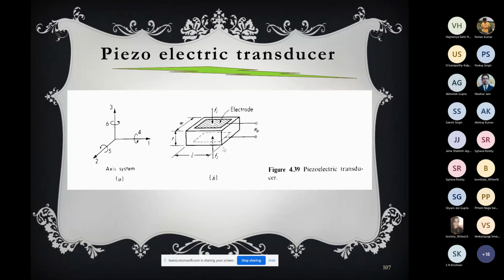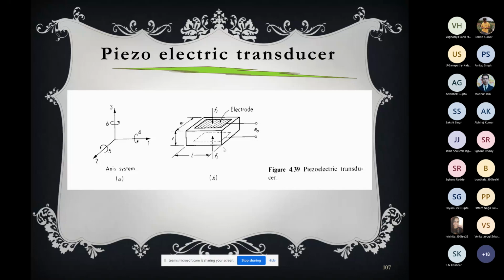Now there are some synthetic materials which are synthesized and show the piezoelectric effect. Lithium sulfate can be stated as a synthetic piezoelectric material. You can see that polarized ferroelectric ceramics, such as barium titanate, can also be used as a piezoelectric material. There are many polymers which show piezoelectric properties, and a few polymers are sold in the market also.